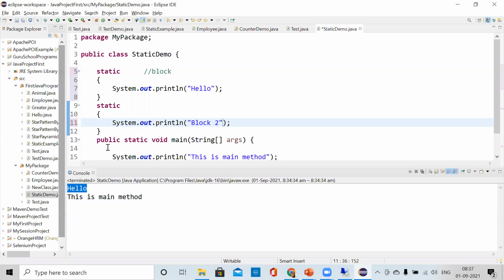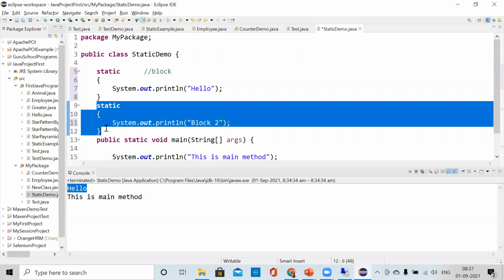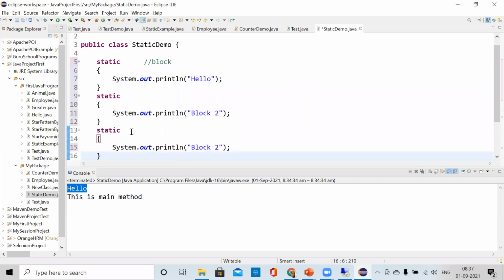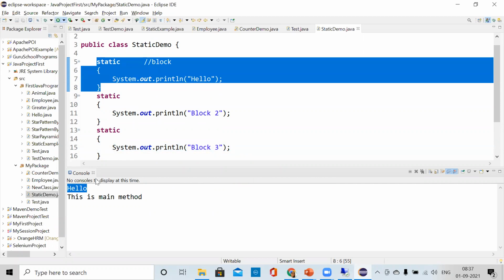Then the same thing. And how will these blocks be executed? Sequentially. Whatever block you have written first will be executed first. So see, hello, block 2, block 3, then the main method.